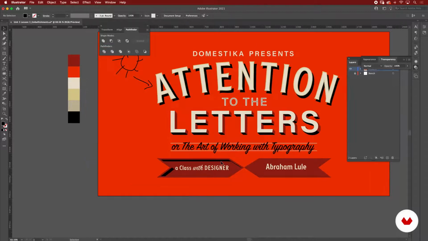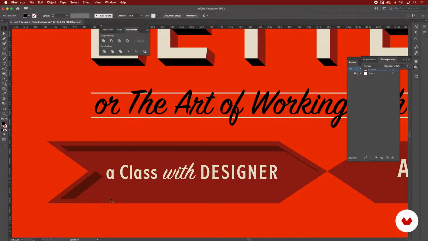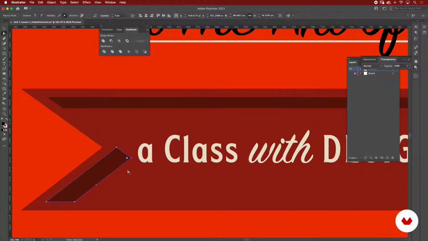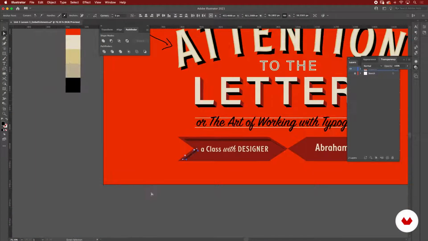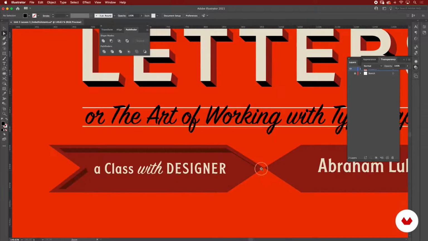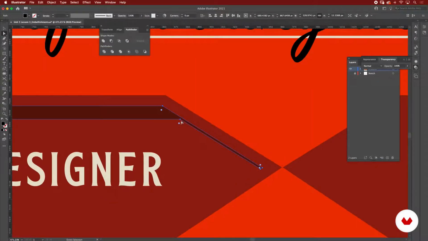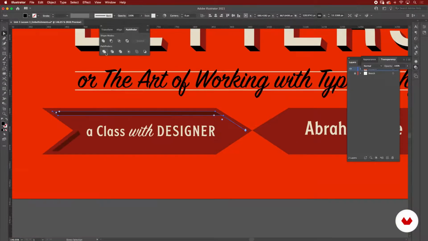We just go color with more opacity, so it's not that harsh. I think that's better. Okay, so now we want this width to be applied to this part too. Select these two with the use of the white arrow, bring that in about there, a bit more elegant part of the shadow. Then we don't need this part because it's intersecting, so select everything, go Divide. Now just erase the part that you want.